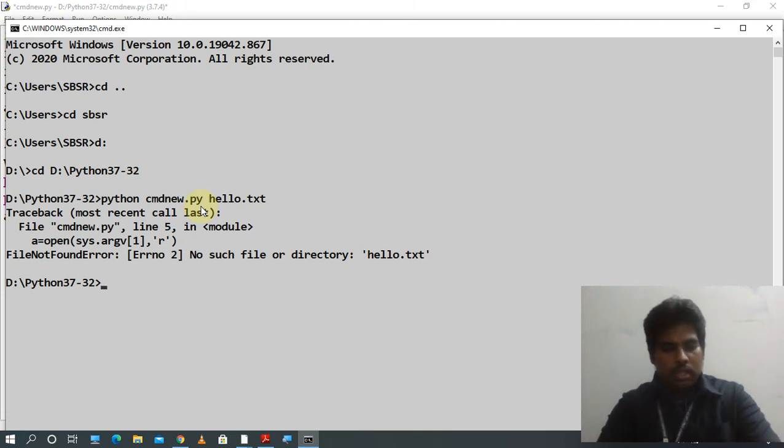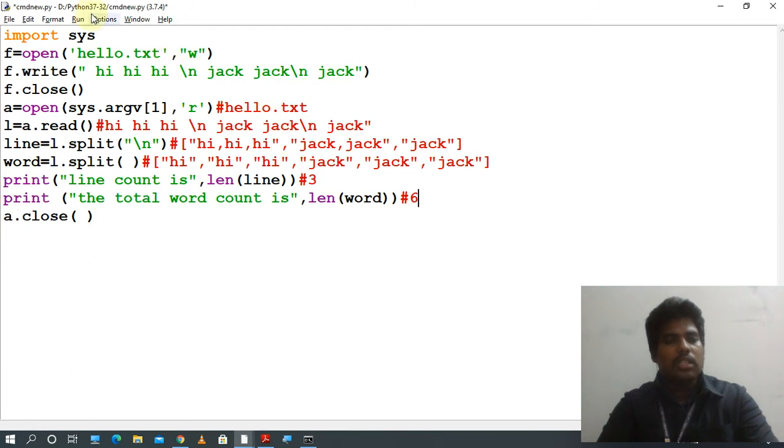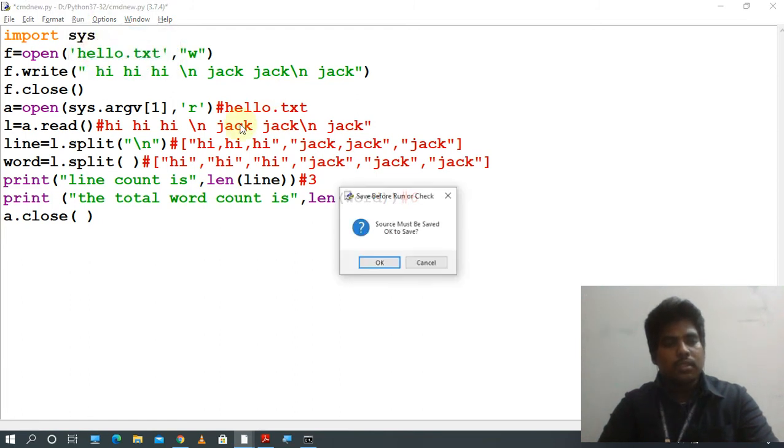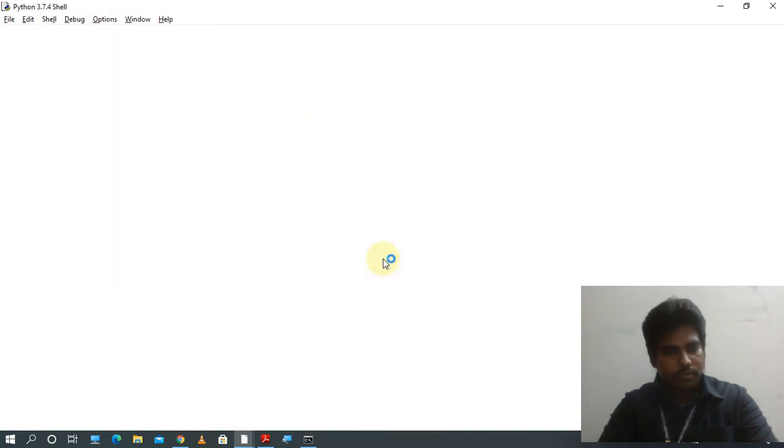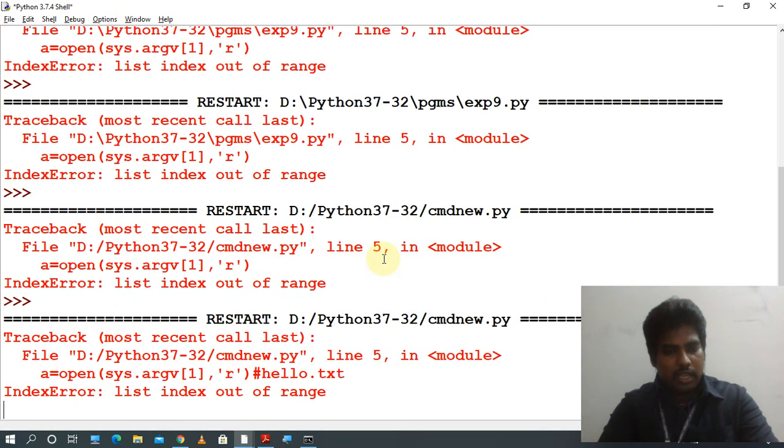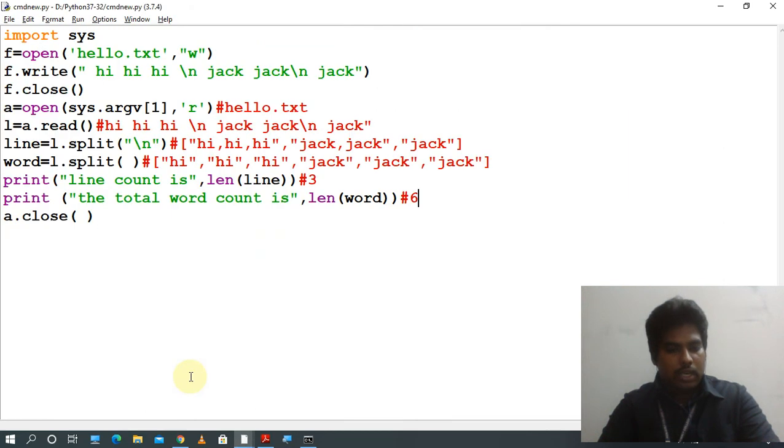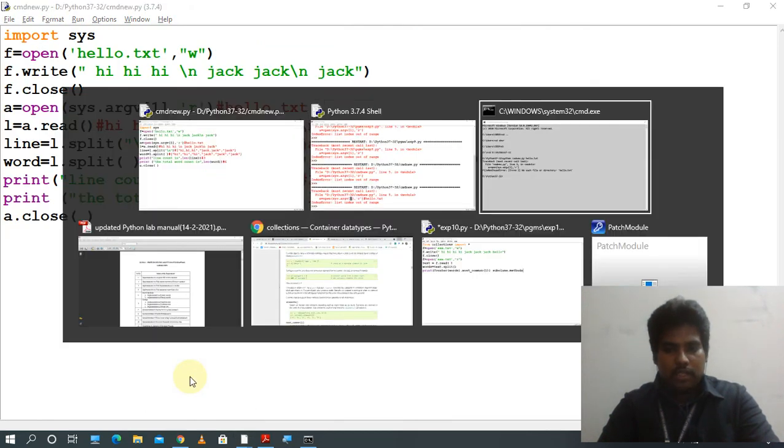Before executing here, just run it once here. If you have any errors, it will show. No errors here, it just shows index out of range, because it doesn't know what sys.argv of 1 is. Now you can execute from here.